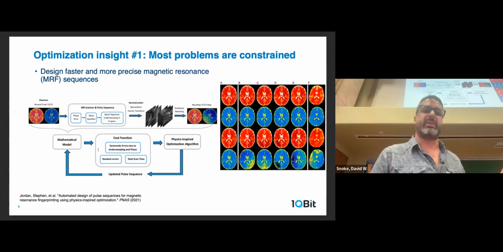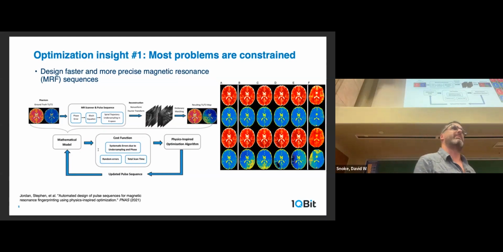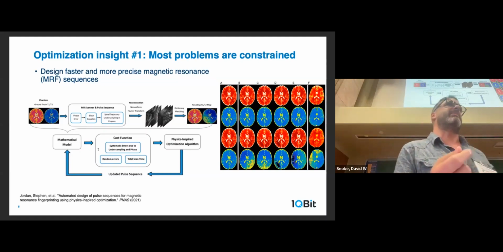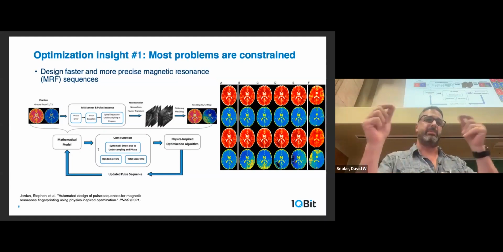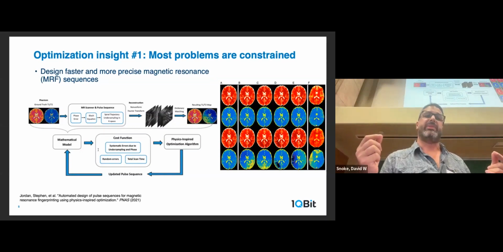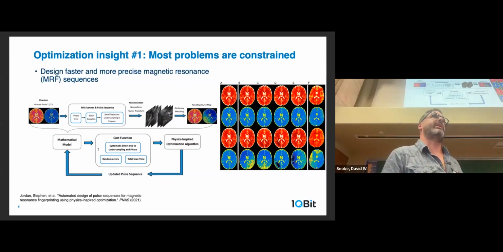This is another project that I worked on with Stephen Jordan when he was still at Microsoft. And the idea was they wanted to programmatically generate sequences for MRI machines. Normally, it's a very complicated problem with a huge dimensional space. It's very expensive to calculate the objective function. And we ended up doing a simulation on all the little Bloch spheres. We used a ton of compute. We couldn't really use any